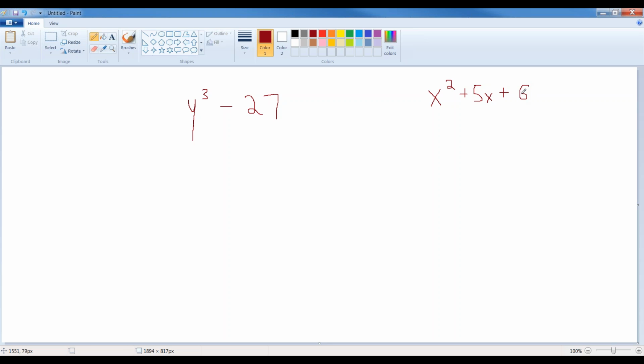X squared plus 5x plus 6, and I ask you to factor this. Now, the way to factor any trinomial, any three-part expression like this, is to factor it into two binomials. This is basically high school stuff. If you have three terms and you want to break that down into two binomials, what you would